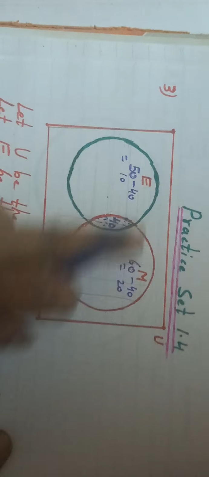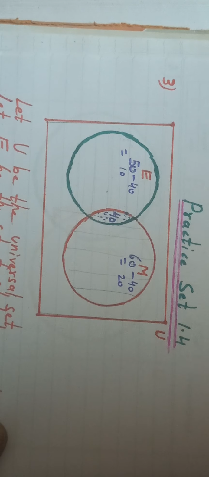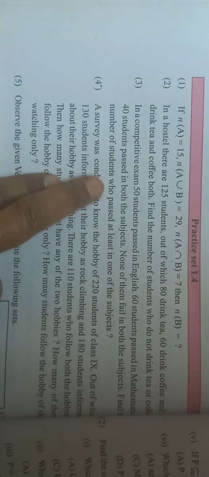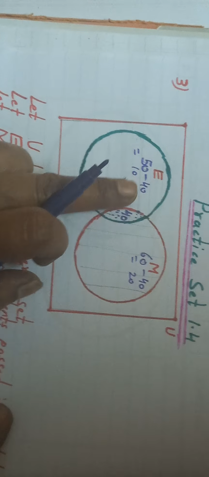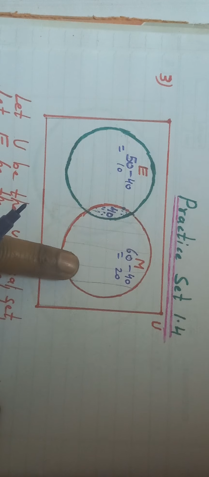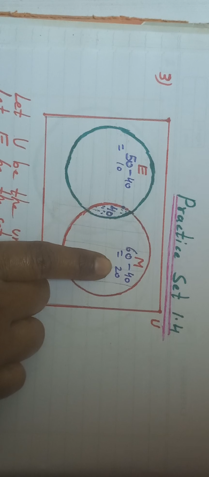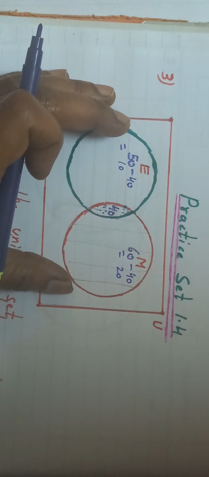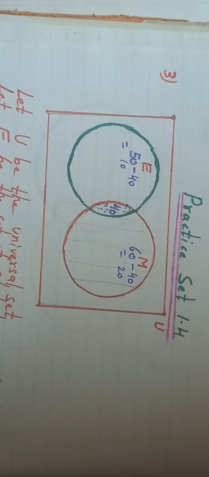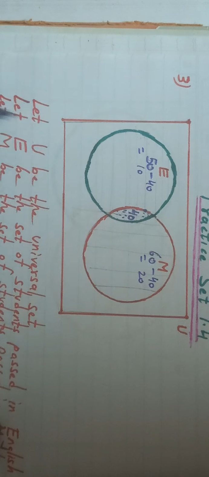So with the help of Venn diagram, directly it can be done, and with the help of formula also you can do. So what answer you want here is, number of students who pass at least in one of the subjects is nothing but E union M you want. And what is E union M? 10 plus 40 plus 20. That is 70. Followed? So with the help of Venn diagram, quickly it can be done. And now what they have given, E means English we have taken.